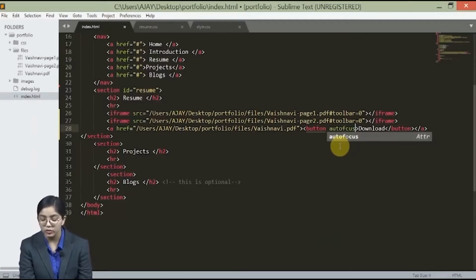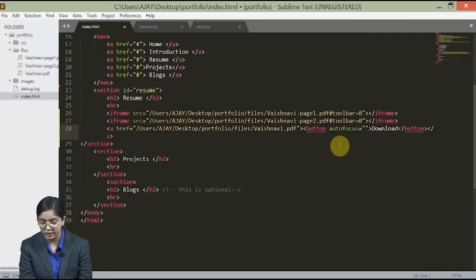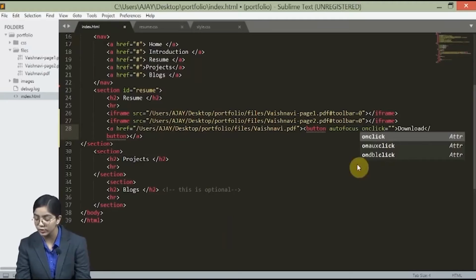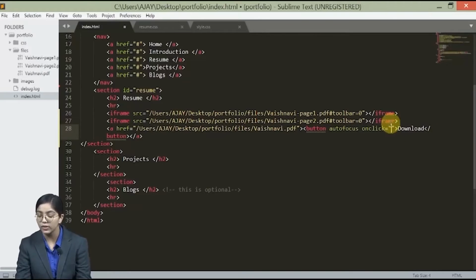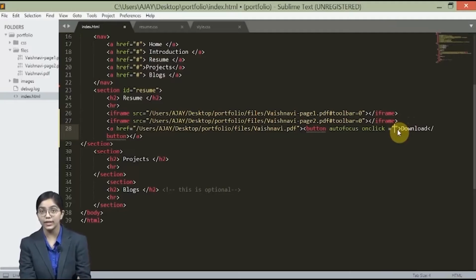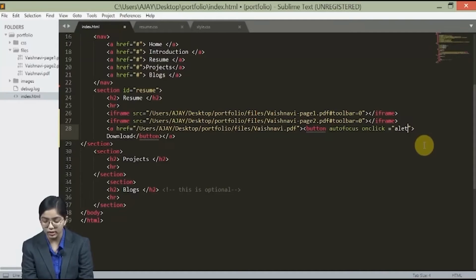That's right. So I have entered autofocus and then I have linked onclick, so that whenever I click on it, what should happen will be written inside the double quotes. Then in the inverted commas we will enter the content, whatever we want to bring inside it. Okay, so I am going to enter alert.